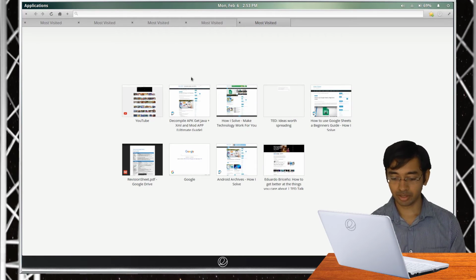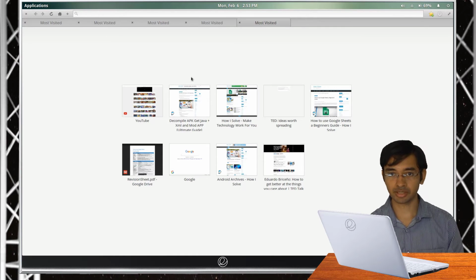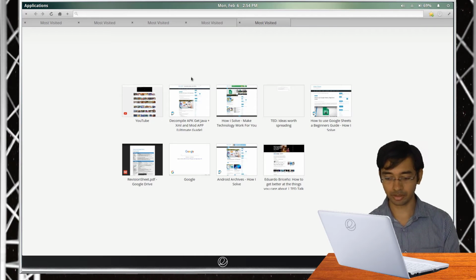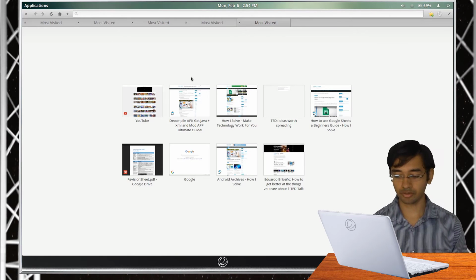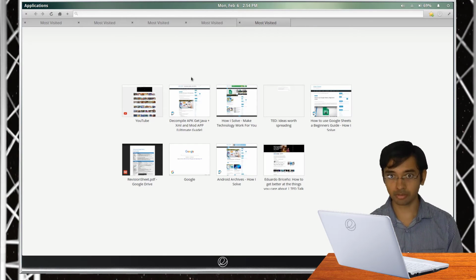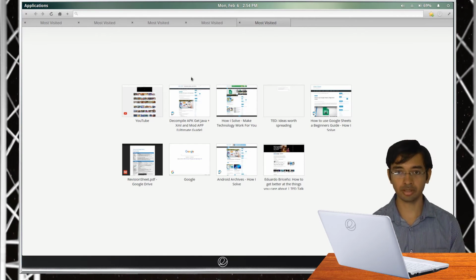But with that, there are several limitations to this browser. It doesn't support any plugins or extensions like Chrome. So if you are someone who is looking for a particular plugin, then this browser is certainly not for you. It also doesn't support syncing of settings. Chrome and Mozilla Firefox allow your settings to be synced with an account in the cloud. There's no such feature available in this browser. But you can always download Firefox or Chromium from the App Store, since both of these are open source and have got an Ubuntu release. That should not be a problem. You can change the default browser.